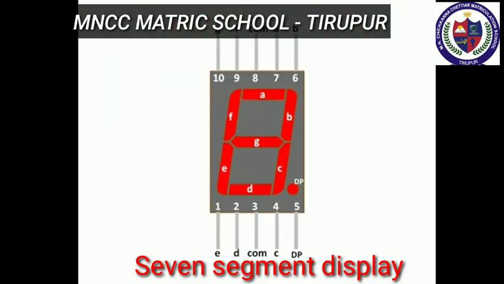Next we move to the 7-segment display. A 7-segment display is a display device used to give an output in the form of numbers or text. It is used in digital meters, digital clocks, microwave ovens, etc. It consists of 7 segments of LEDs in the form of the digit 8. These 7 LEDs are named A, B, C, D, E, F and G. An extra LED is used to display a dot.